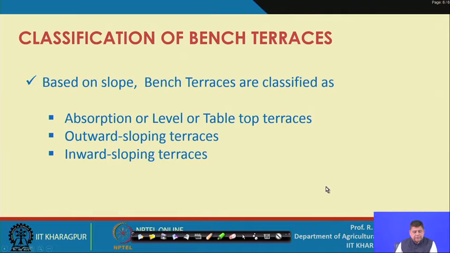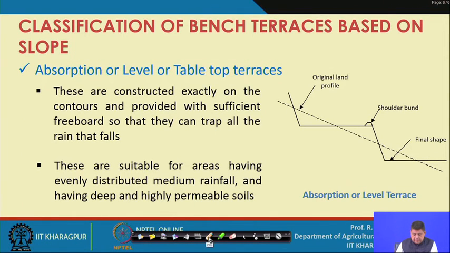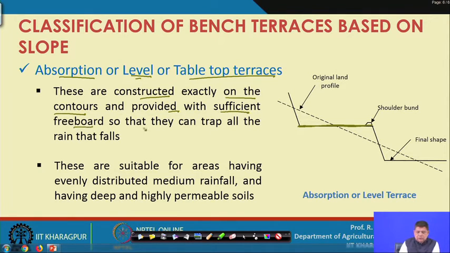Let us see these terraces one after the other. Now, starting with absorption or level or tabletop terraces, as the name itself suggests, the step-like structure or bench is level, in this case completely horizontal, and they are constructed exactly on contours and provided with sufficient freeboard, so that they can trap all the rain that falls. So, basically the main function is moisture conservation or water conservation, and that is why the term absorption is also